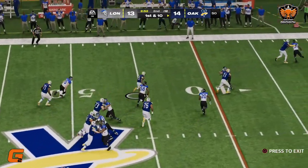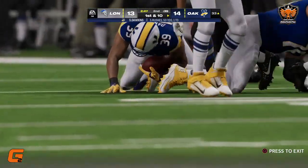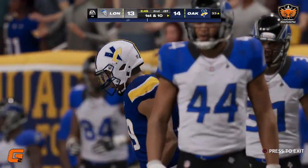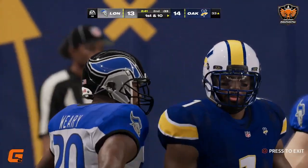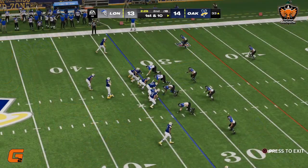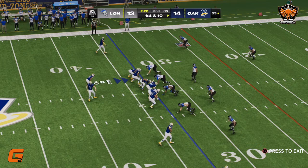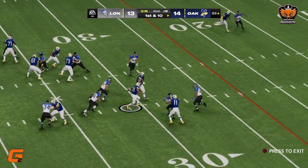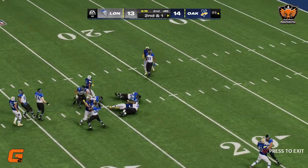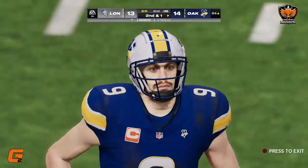On 1st down, Dawkins, and a pretty good burst right there as he'll take this down to the 33. And they get 17 more on that one and another 1st down. Now, this is an example of breaking down a defense because on a lot of these runs, he's getting past the point of attack, and guess what he's doing? Forcing the secondary guys to have to make a lot of tackles. Running game working. They'll stick with it on 1st down, and he's going to get a solid gain of 9 before being brought down. 2nd and right at